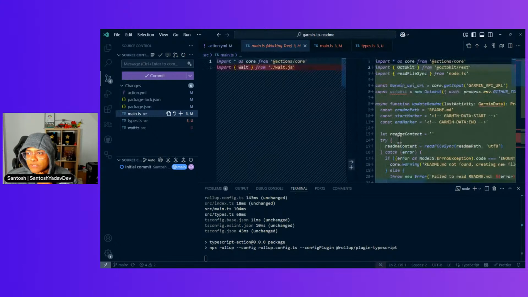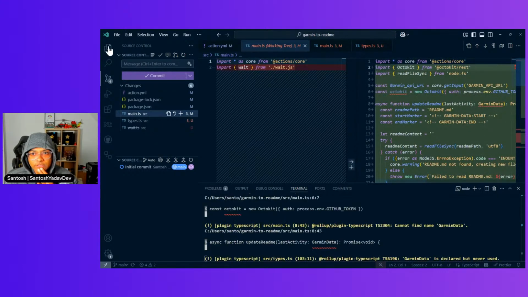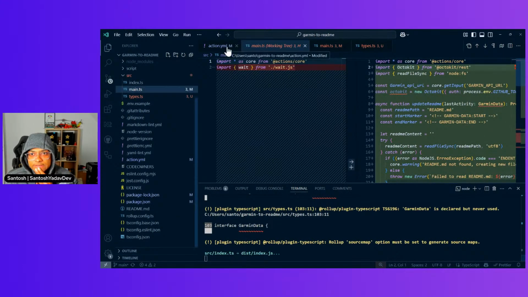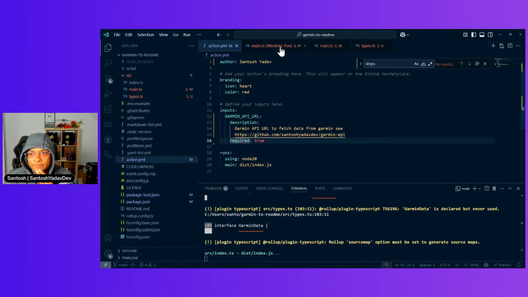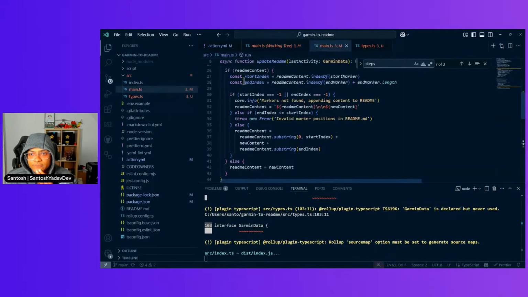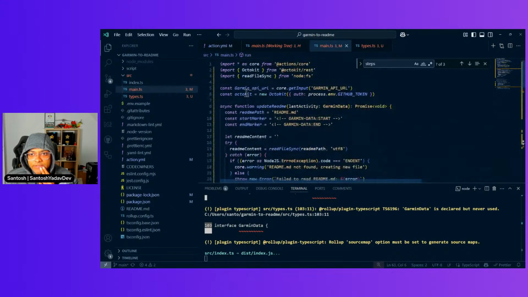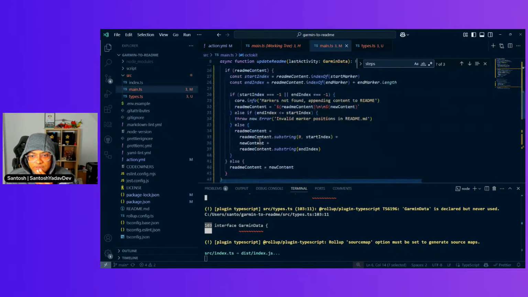So we wrote some lines of code, and yeah, we did not use Octokit for this, right? I think we need to commit these changes. So yeah,